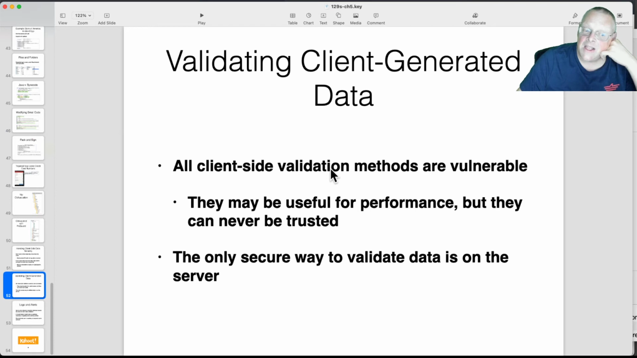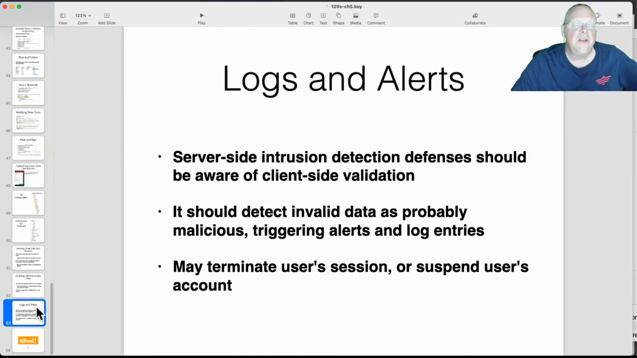All client-side validation methods could be turned off or modified. You don't really know that they ran correctly. The only secure way to validate data is on the server. And of course, something you're going to hear every chapter until you're probably tired of hearing it, is you shouldn't take modified data that somebody has clearly modified with something like Burp and just use it. You should take that as a clue that this person is hacking my app and I should stop servicing that person. I should block their IP, send up a log, freeze their account, something like that. I should take some kind of action